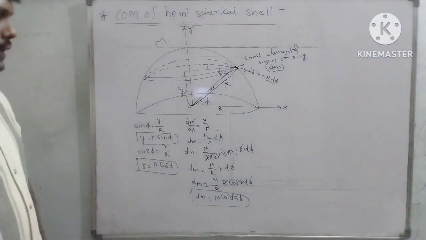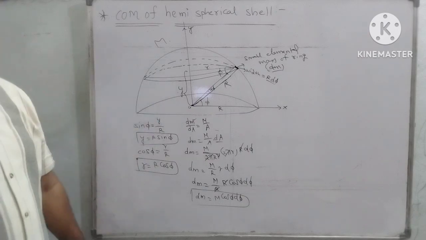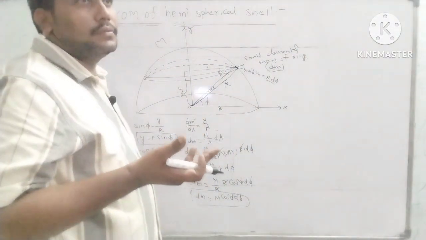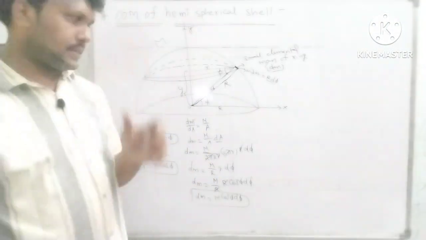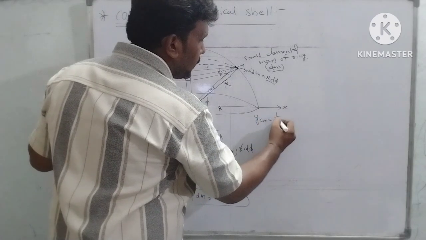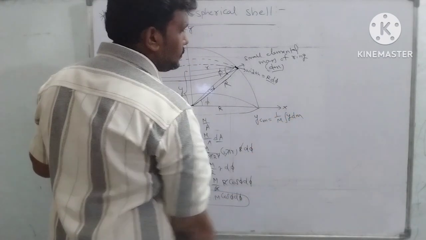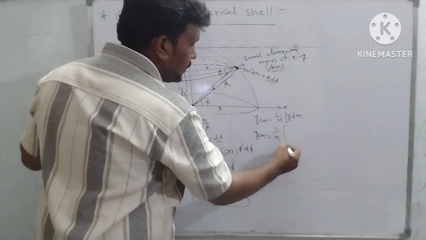Then what is our aim next? I want to find the center of mass of this hemispherical shell. So already in the previous classes we knew, according to the method of integration, how we have to find the center of mass. That is ycm is equal to 1 by capital M into integral y dm. Let's write now ycm is equal to 1 by capital M integral